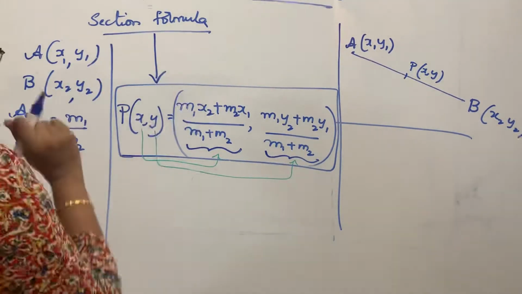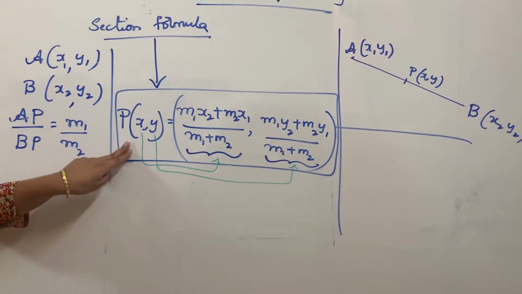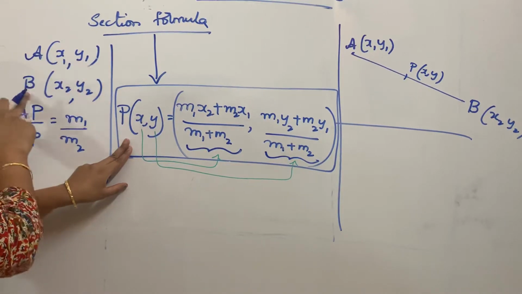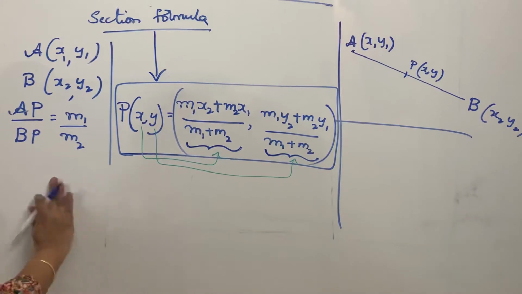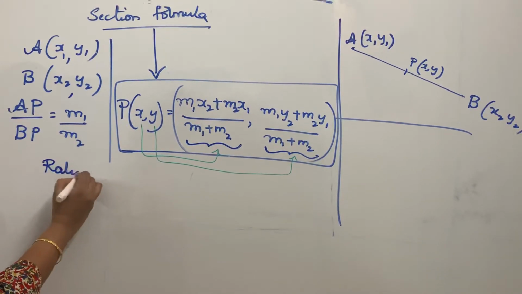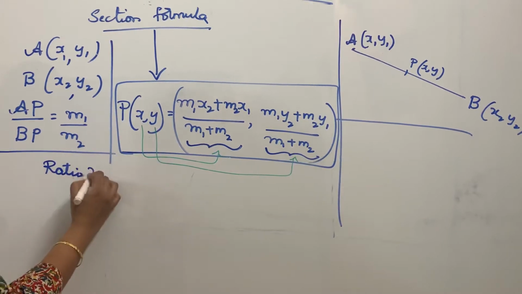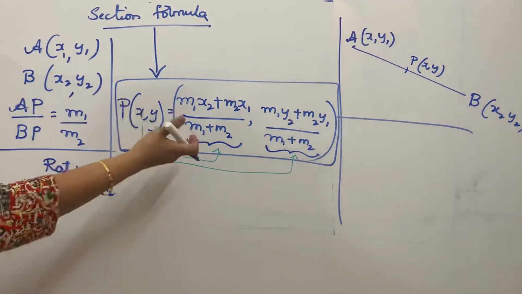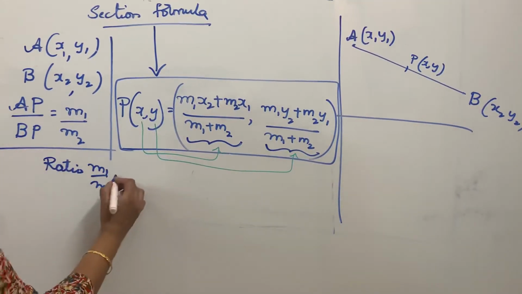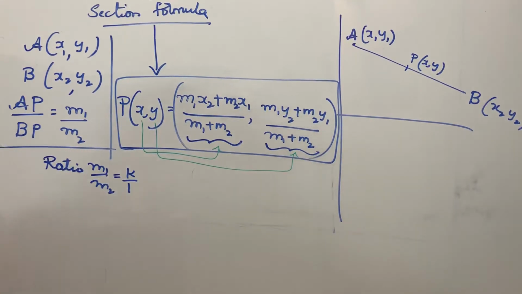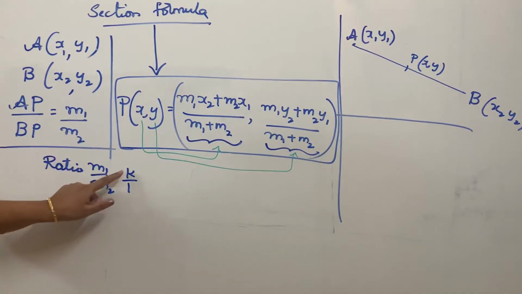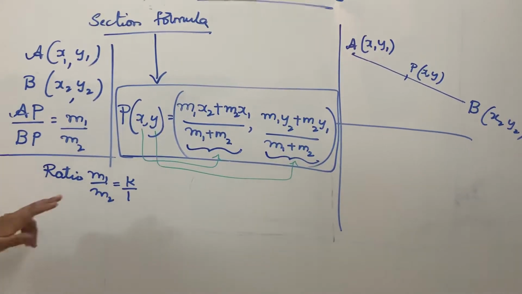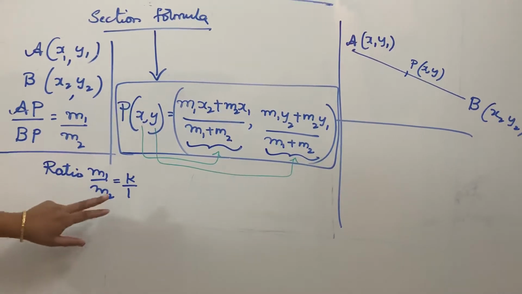Okay. Now next part, what are the different types of questions you will come across, let us see. So these are standard section formula. Sometimes P (x, y) value is given and A (x1, y1) and B (x2, y2) are given. Sometimes they'll ask you to find the ratio. What is that ratio? m1 by m2. So in such case, how to use? See, similar way you can do, or in order to make it simpler, you can also assume the ratio as k is to 1. What we are doing here? The two variables, we are reducing it to one variable only for easy calculation. Otherwise also you can do it the normal way. But to simplify your calculation, we'll do it in the ratio k is to 1.